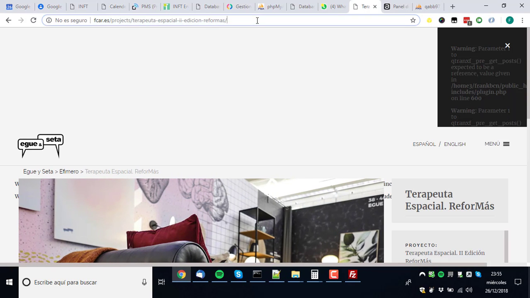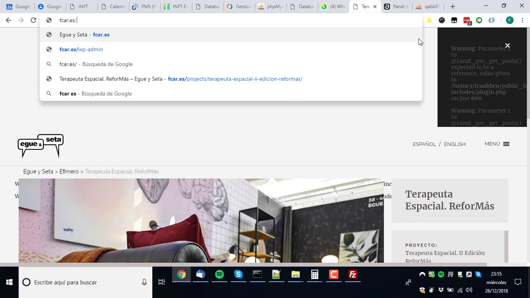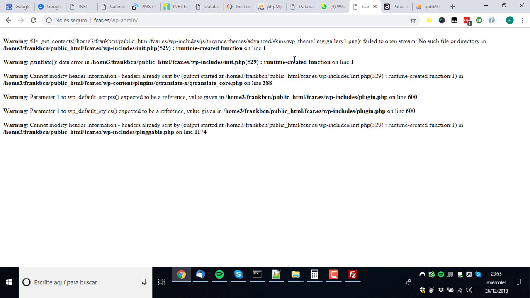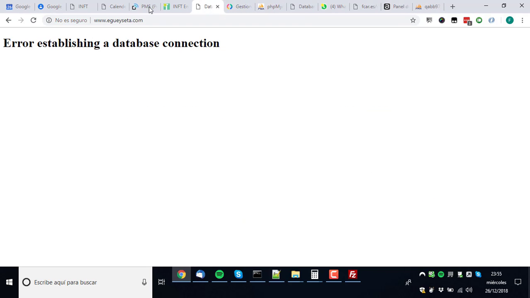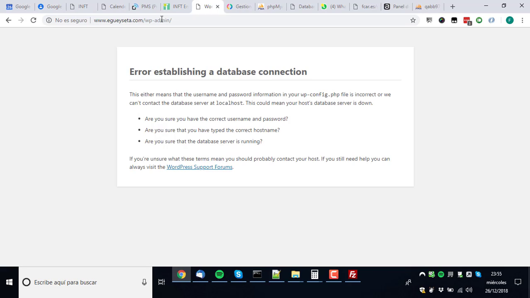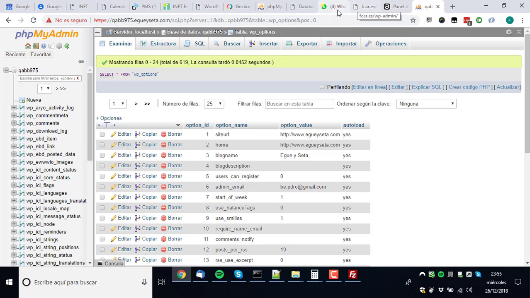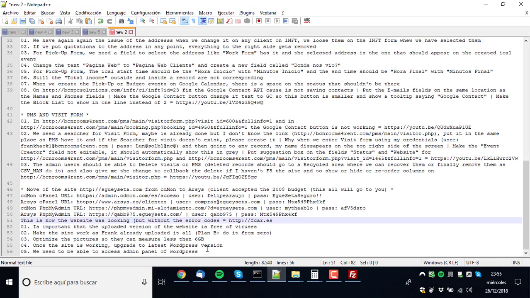Okay, and why am I saying we need to? Because when I want to WordPress admin on here, it gives me this, and this was the address to go to WordPress, but it was on the, you know, it was on here, like. It was here, but now it's not. It was working on the normal site. On HostGator, I was not able to make it work, so it is important that that thing works. Okay, and I think that's all.